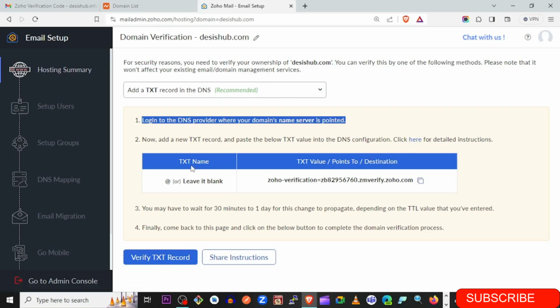So you have to go, and this is the TXT name, leave it blank or put @, and then you simply put this value. So I'm just going to go to the DNS records and let me copy this. Okay, now I just need to go